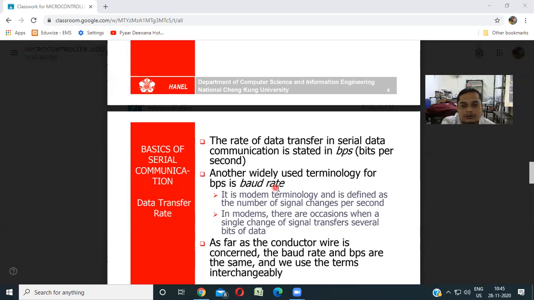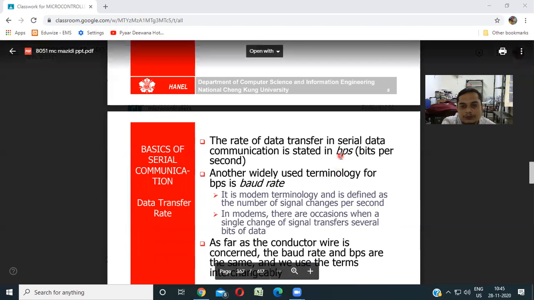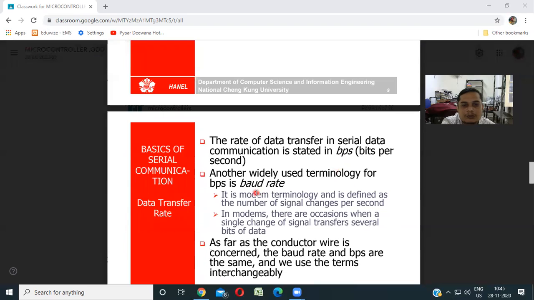And another one is called a baud rate. So baud rate is used; both are the same. The meaning of BPS and baud rate are the same. It is modern terminology. As already told, for long distance serial communication, we have to modulate and